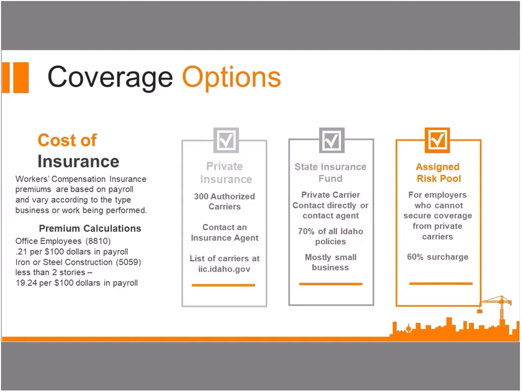I would recommend you speak to an insurance agent, because the Industrial Commission doesn't really handle adjusting the different types of risk codes for you. That would be based on the insurance carriers themselves. So that's my suggestion, is speak to your insurance agent and see if there's a different risk code that they can put your business under, and hopefully give you a little bit of a better rate at that point.